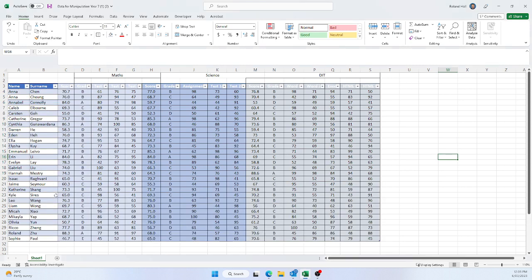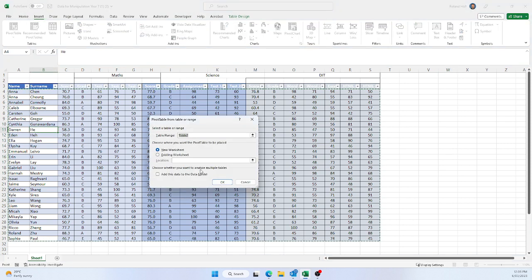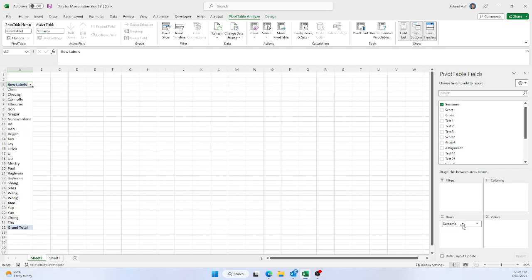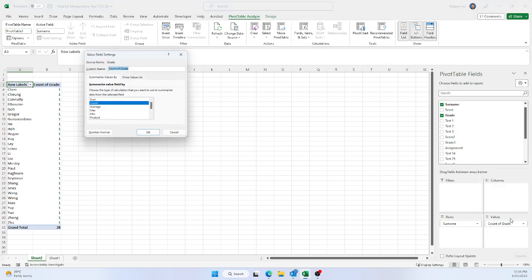What I can now do with this is go Insert, Pivot Table into a new sheet, and I can go down to the surnames, drag it into rows, and all those surnames come over here. I'm now going to deal with the values. So the first one was grade, and it's counting the grade. So if I click on there, select that,